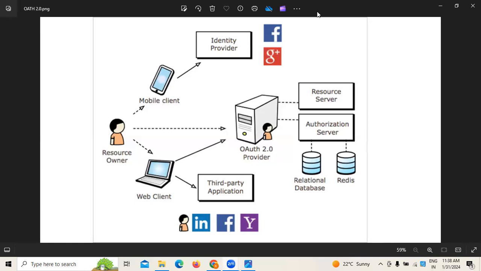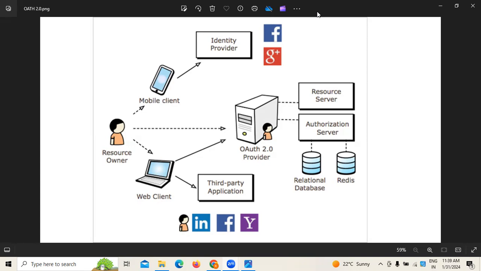In microservices projects, there are multiple services, and every service contains a few resources. Now, second point, if we want to manage resources,